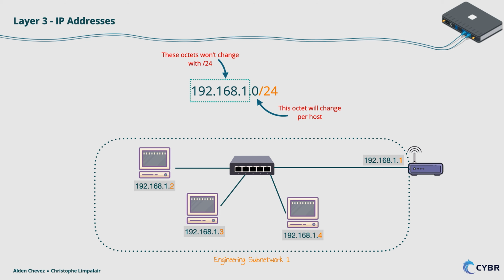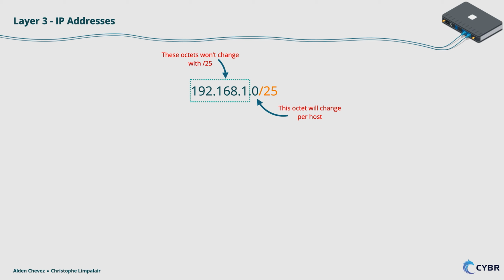That subnetwork starts with 192.168.1 and then the last octet, which is what's unique to each host. Because it offers 254 usable hosts, the range of IPs can go from 192.168.1.1 all the way to .254. So choosing this subnet can leave room for growth in the future, and that's why, again, it's one of the popular ones. Now, on the other hand, when we say that we have a /25, we can have 126 usable